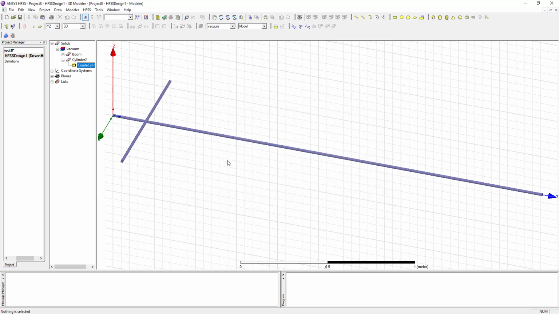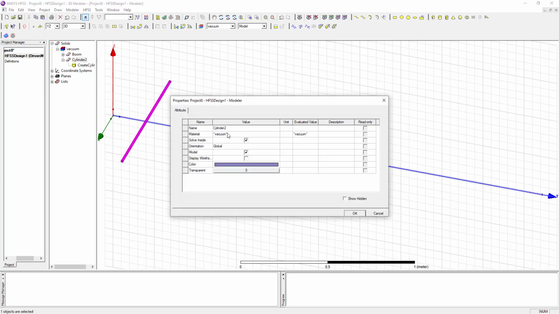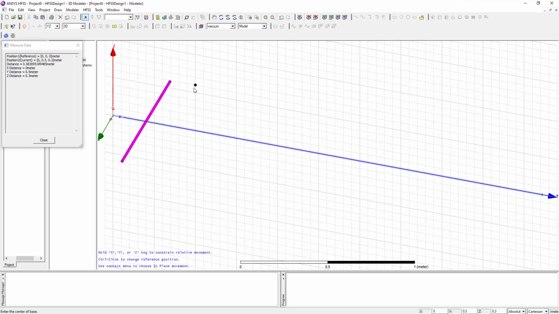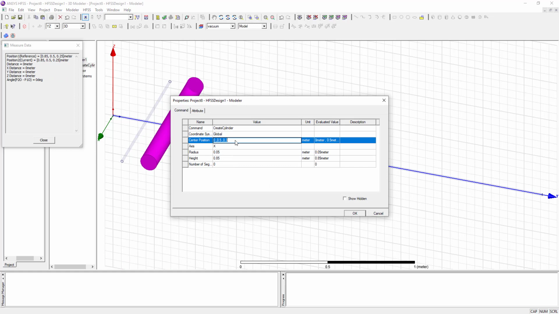Then click on OK. Now this will look like this. Change the name. This is our reflector. Then again draw a cylinder like this, and this is our dipole.